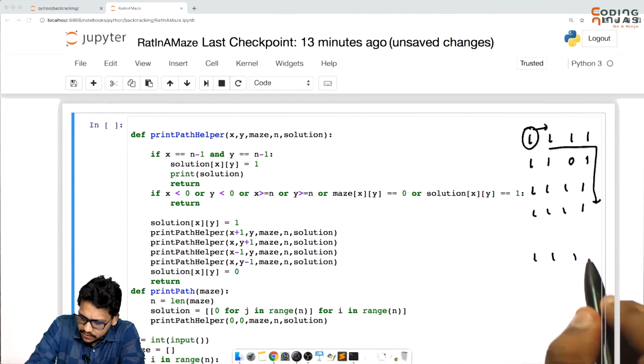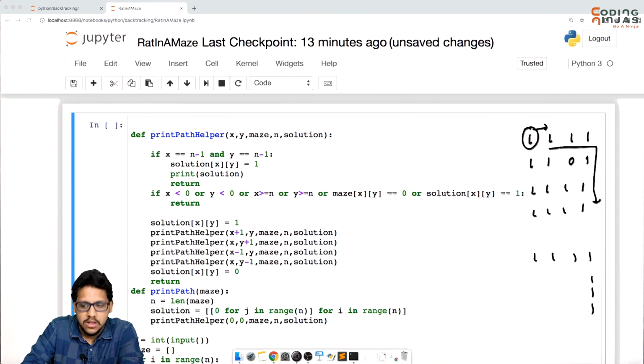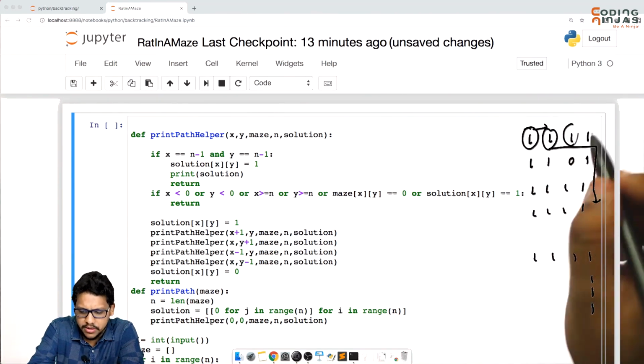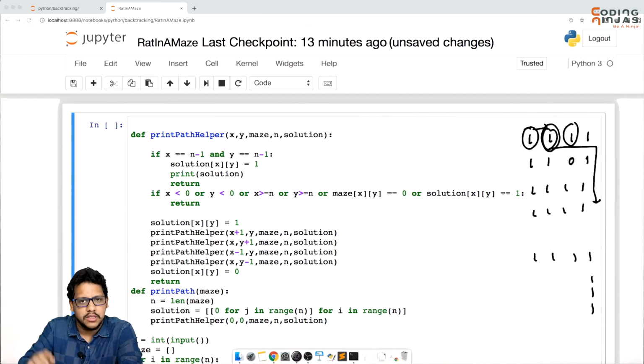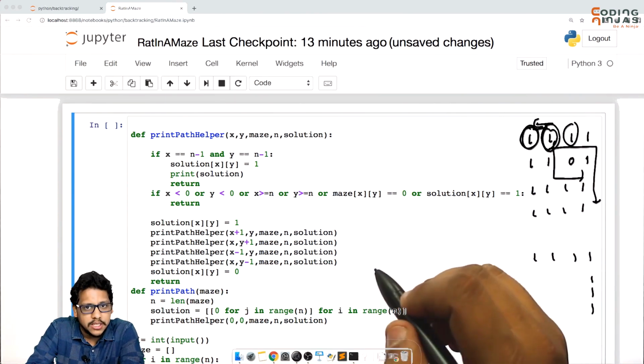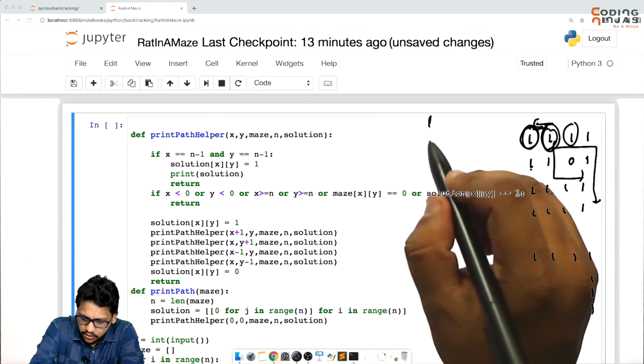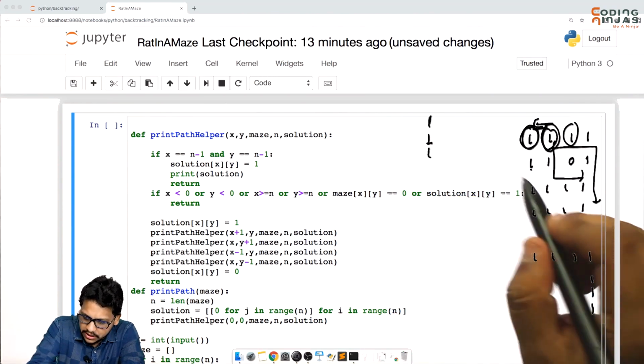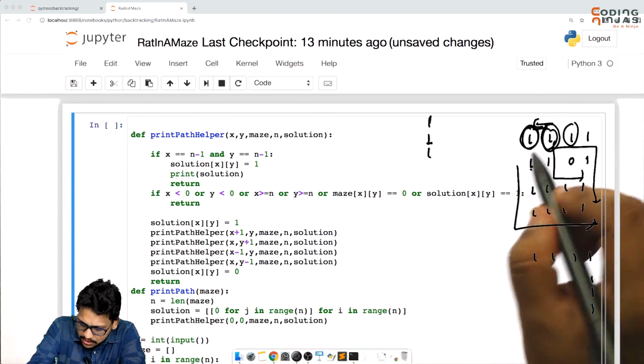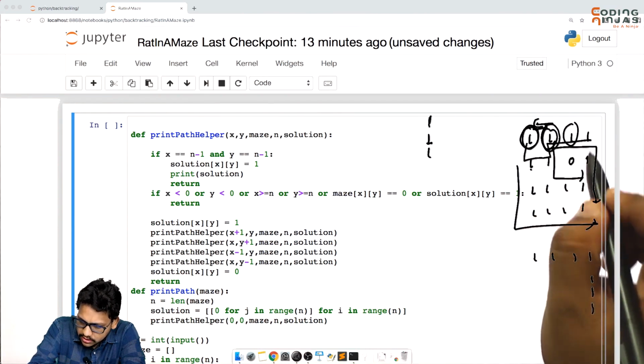So you will print 1 1 1 1 1 1 1 here. Now you explored all the paths possible from here. Let's say from here as well, you have explored all the paths. Now you will come back. Your solution matrix for moving in the down direction should be one path is here. One path can be here, 1 1 1.